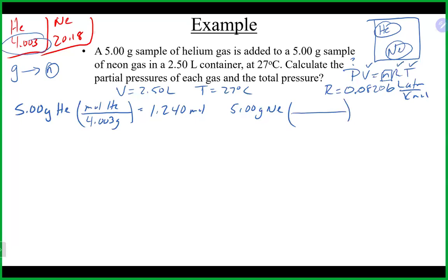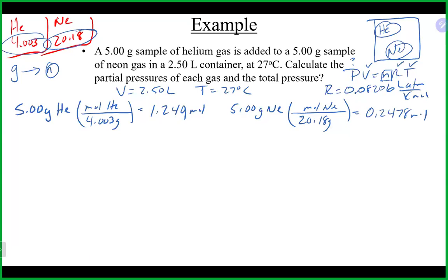Neon is also 5 grams. We'll use the molar mass for neon, which I think is 20.18, and we're going to take 5 divided by 20.18. That's going to get us 0.2478 moles. And just to make sure I hit the right number on the first one, I think I put an extra 3 in there. 1.249 we'll go with there. All right, now that we have moles,